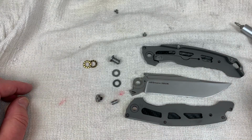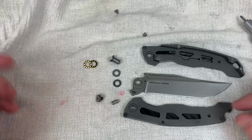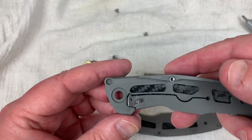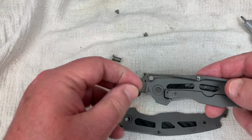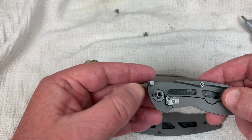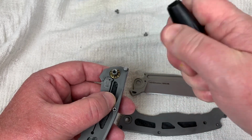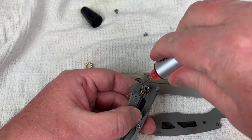So, not a whole lot, right? Well, only needed one size, a number 8. And so here we go, right? We took the screw out from the front. So let's put it back together from the back. And our 4mm stop there. We got to put a washer in there. We're going to put the round pivot up through. We're going to throw on some bearings. Let me get my knife pivot lube here. Come on, bust off there. Okay, and...